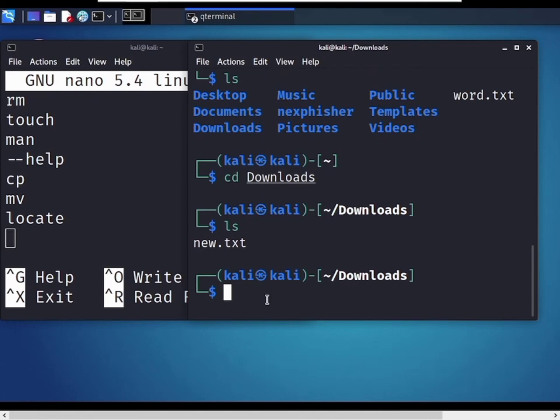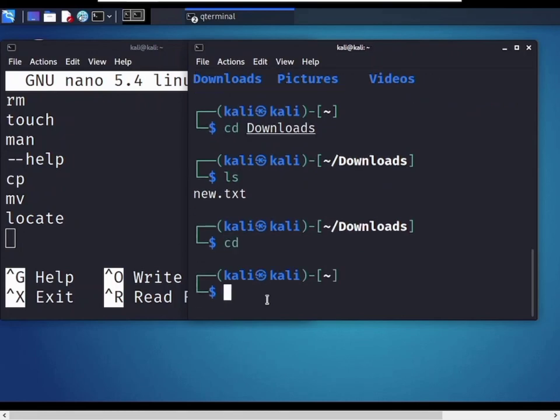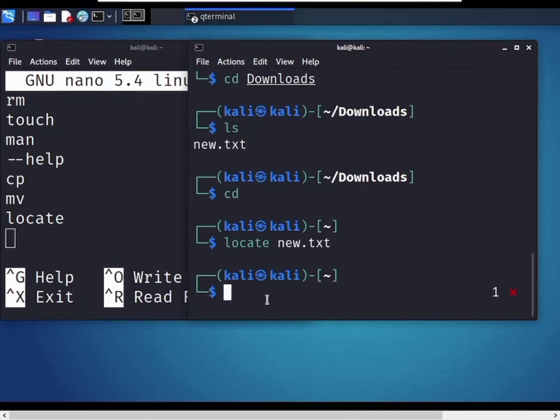So now I use locate on the new.txt file, to find where the new.txt file is located in my Linux system. Now I am back in my home directory. Type the command cd. locate new.txt. It shows nothing.